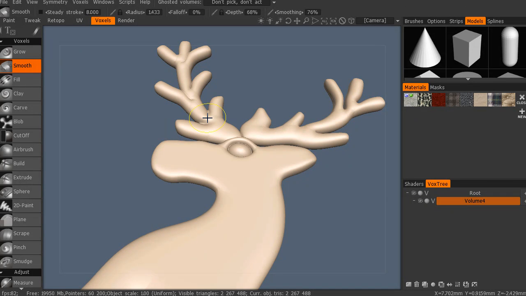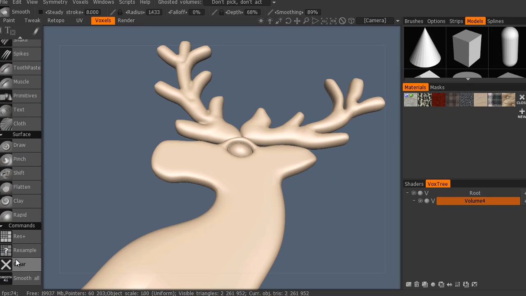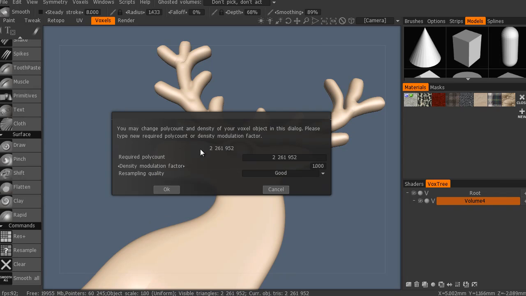Just make the strength of that smooth brush a bit higher. It is already pretty high here. I'm just wondering, this might have been faster to bloody do in T-Splines. Okay, then also the amount of polys you have, the more polys you have, not the less effective the smooth brush is, but the harder it has to work. So